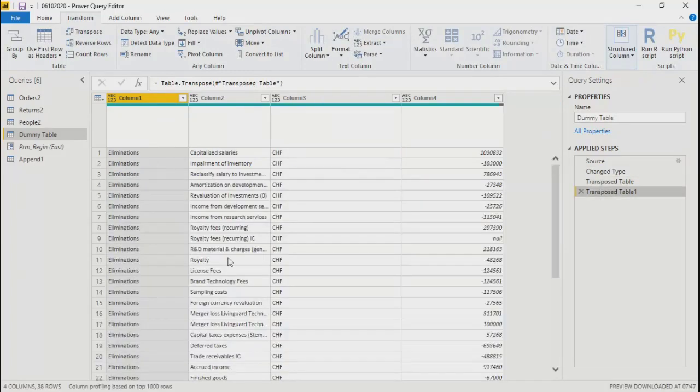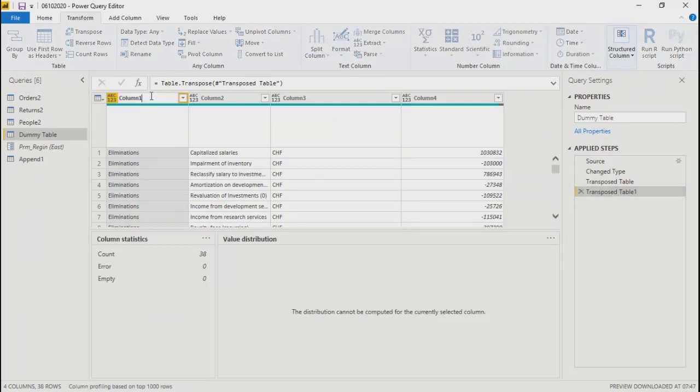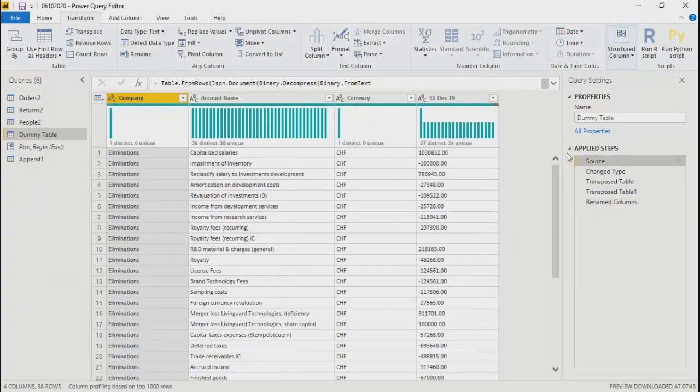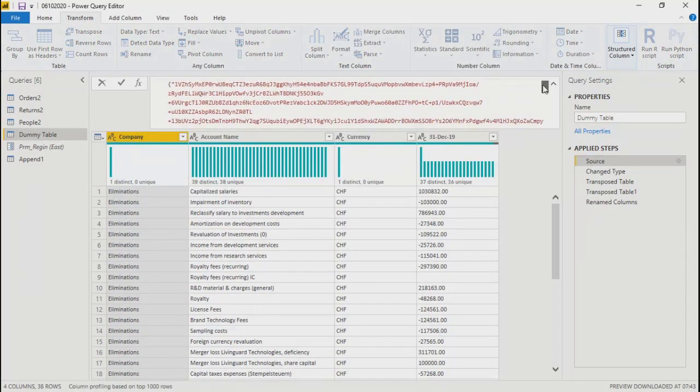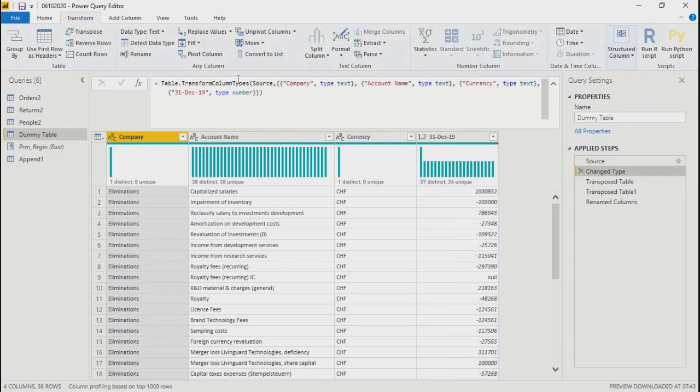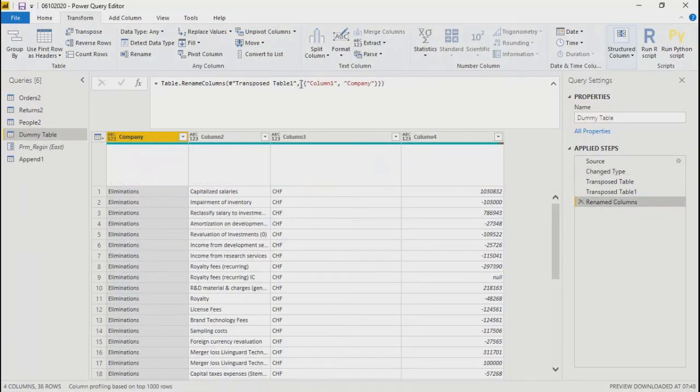In case you need to add headers, you can do it manually and type whatever you want. That is how you will add the columns again. Or otherwise, what you can do is go to source. That is possible only in Power BI right now. Go to source and take all the headers you had. Basically in change data type, I believe, yes, over here you have these headers. Copy these headers from here, and then in the last result, try to paste those columns here.